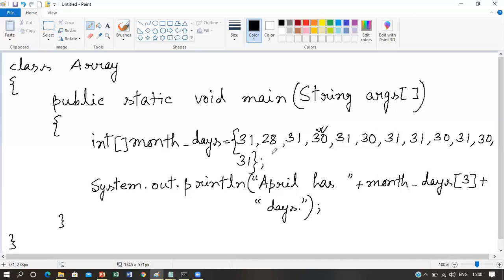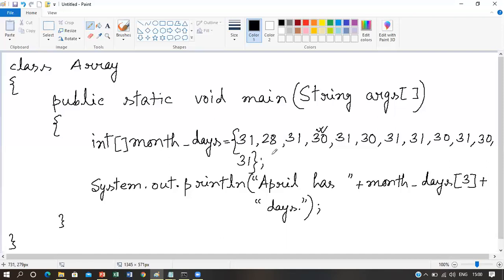Now you have to keep in mind that Java strictly checks to make sure you do not accidentally try to store or reference any values outside the range of the array. The Java runtime system, or JVM, will check to be sure that all the array indices are in the correct range. For example, we can say that JVM will check the value of each index of the monthDays array to make sure that it is between 0 and 11.